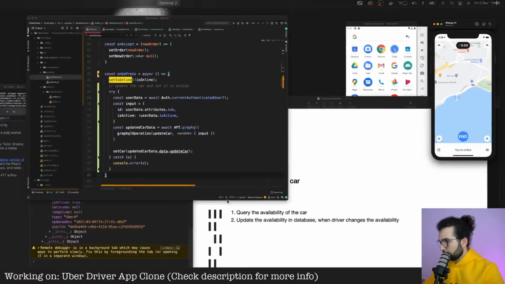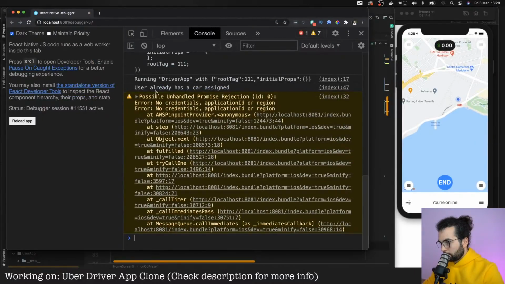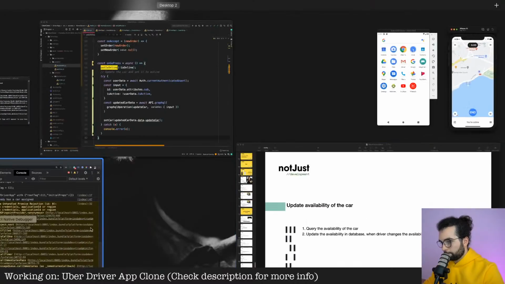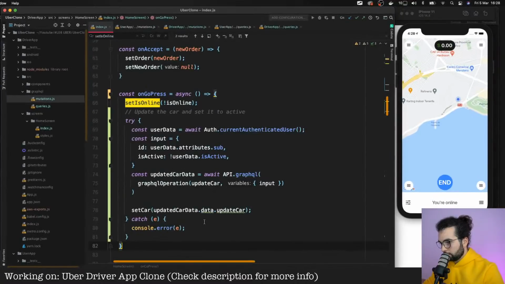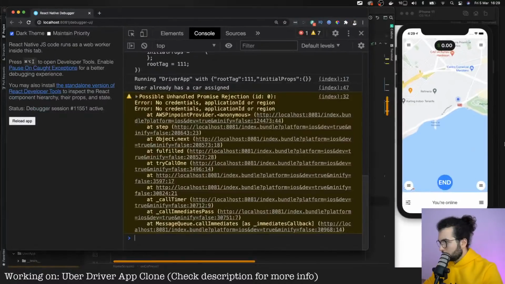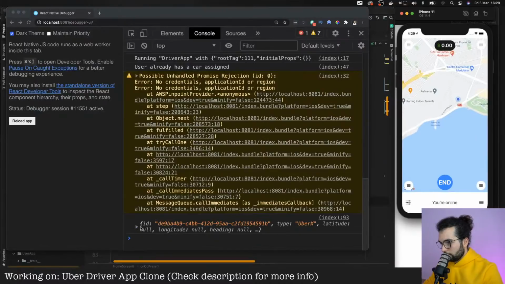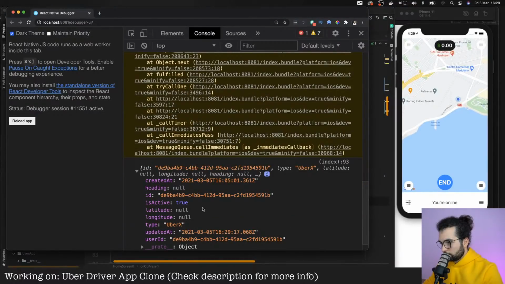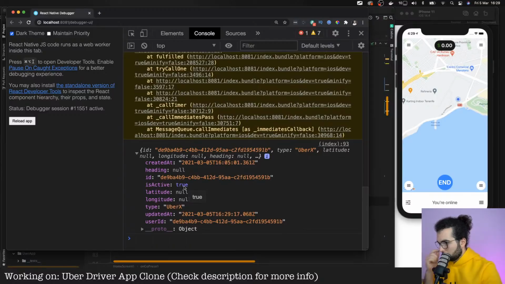What's going on there? Something interesting is happening. Console log updateCar. isActive is true.